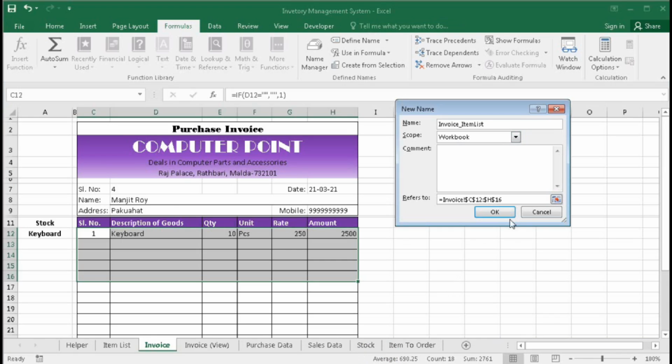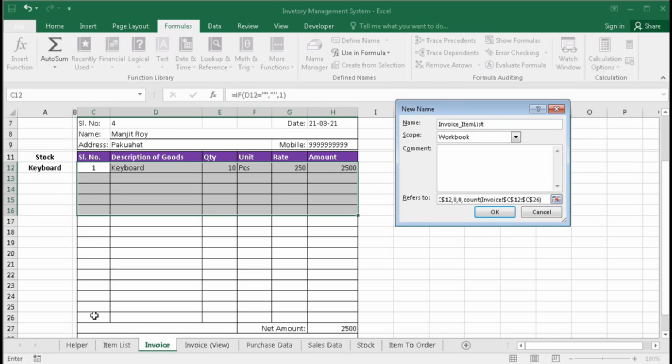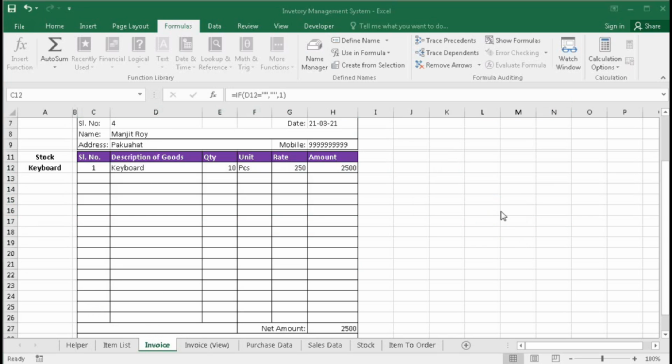The formula will be equal to OFFSET, bracket open, start from this range, comma 0 comma 0, comma the height will be count of this range, comma the width will be 6, bracket close. Click on OK.